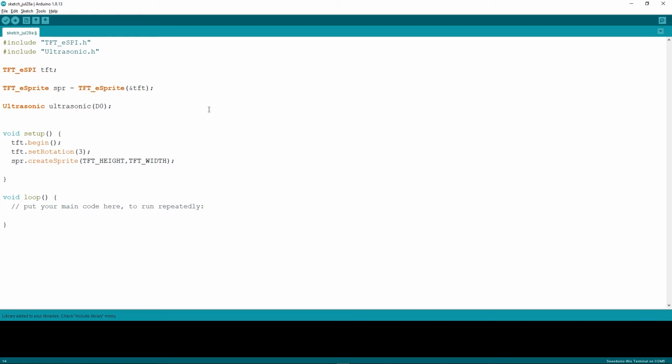After that, let's go ahead and start writing our code inside the loop. I will first fill the screen in black color, spr.fillSprite. We use the fillSprite command because we are using the buffer. So TFT_BLACK.